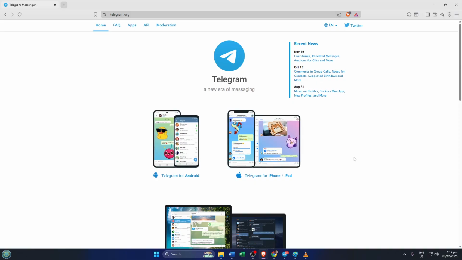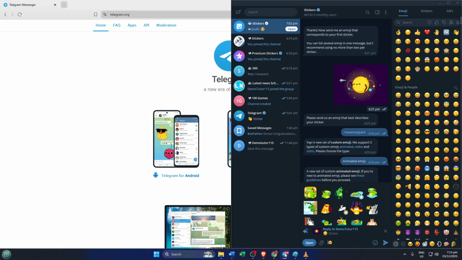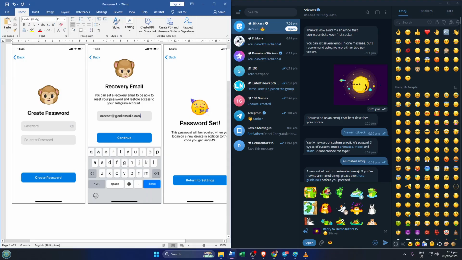There are actually two main routes you can take in this situation, and I'll walk you through the recommended method step by step. The first option is ideal because it lets you reset your two-step verification password without losing your data, and all you need is to be logged in on another device. This could be your desktop app, a tablet, or even an old phone where Telegram is still active. It's important to note, though, that this process won't work with the Telegram Web A or Web K browser versions. Notably, those versions have limited security features, so for a password reset, stick to the dedicated app on either mobile